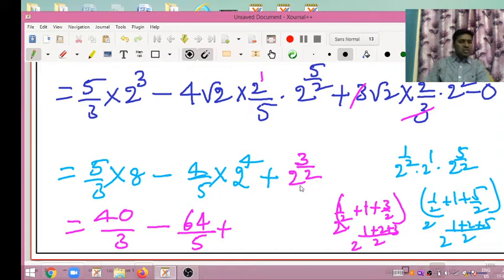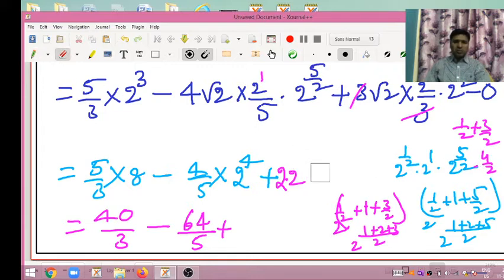So, 2 to the power of 3 by 2 will come. Okay, my dear friends, just a second. Root 2, write as it is, into 2 to the power of 1 by 2 plus 3 by 2, you have to add. So, 4 by 2 means 2 will come. That is how much, my dear friends? This is simple. So, that is 2 into 2 square means 4, 4 8s are 32 will come, my dear friends.